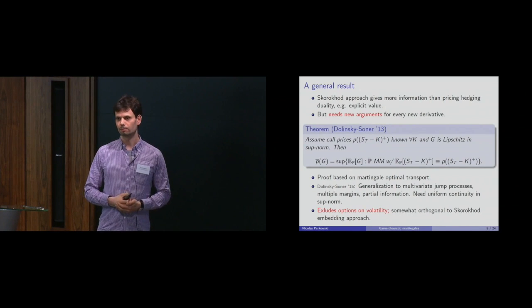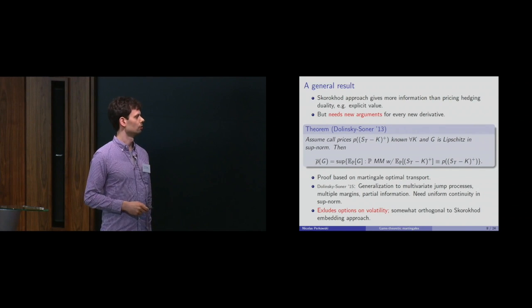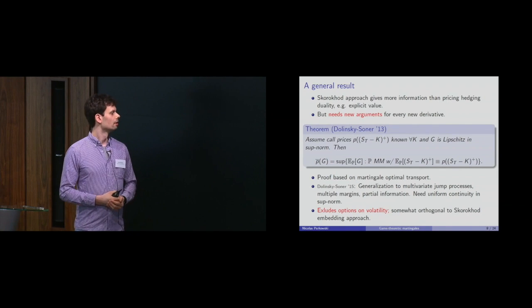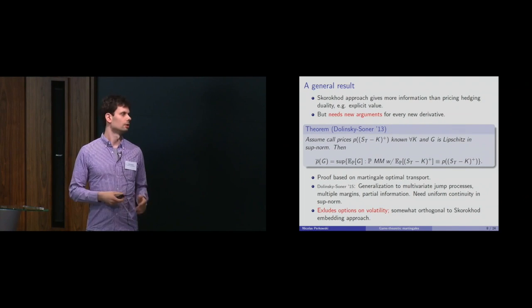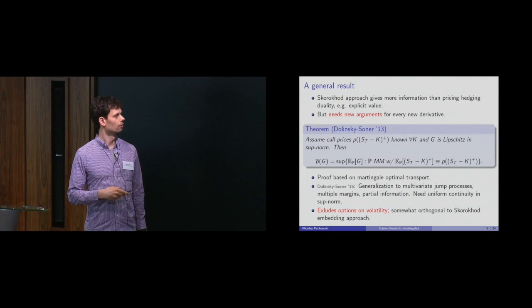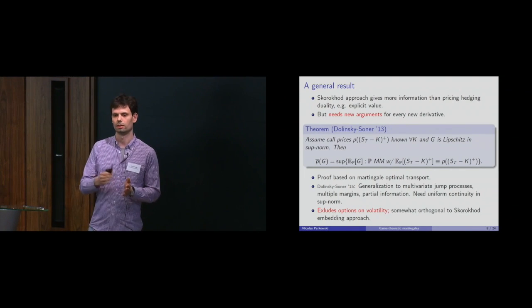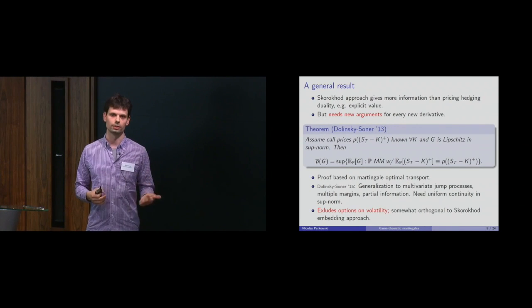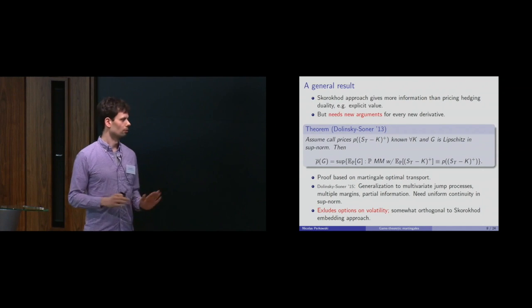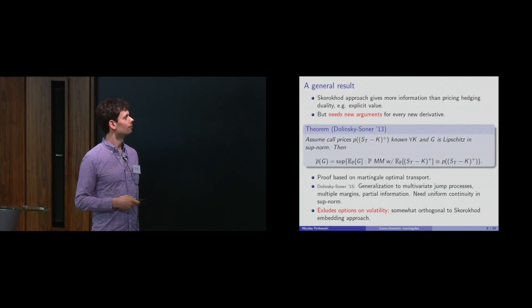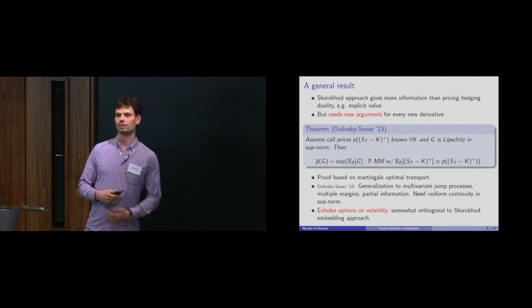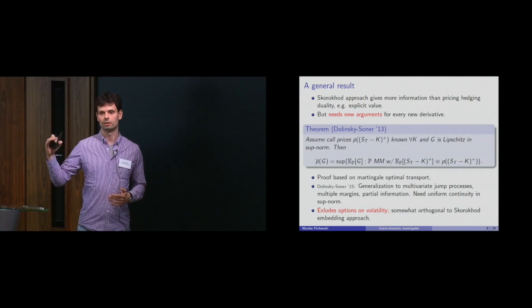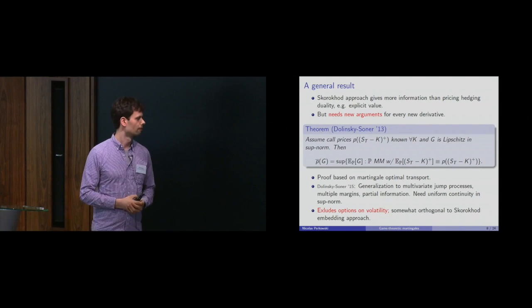And in a 2015 paper, they greatly generalized that. So they can do jump processes, they can do Rd-valued processes, so everything so far was one-dimensional. They can include multiple margins. Here I wrote that the prices at the terminal time are known, but in fact you can include as many margins as you want. You can include partial information, so you don't know all call prices, but only finitely many, let's say. So really they can do a lot. And they can even relax the Lipschitz continuity assumption, but they still need to be uniformly continuous in the sup norm. The dependence on the path still needs to be uniformly continuous in the sup norm.